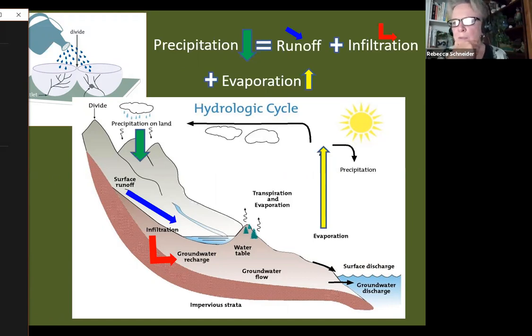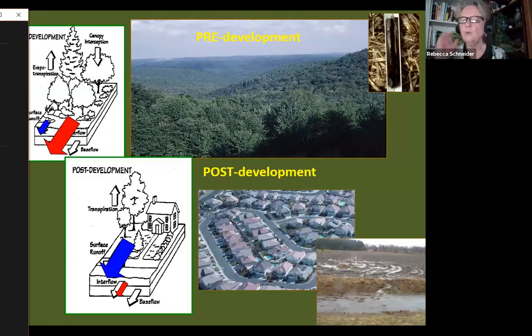So remember what I said in the previous section about how you only have so much water that comes into your watershed. It's a balance. It either moves as runoff or it percolates down and moves as groundwater. And if you can get more water underground, there's less to go into runoff and therefore less to contribute to flooding. So what we've done to our landscape is actually cause the flooding. We have contributed to the flooding.